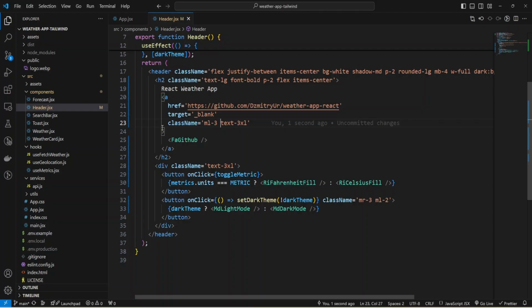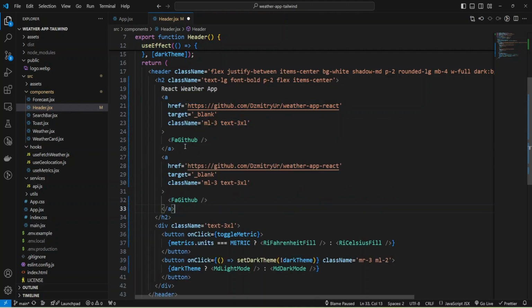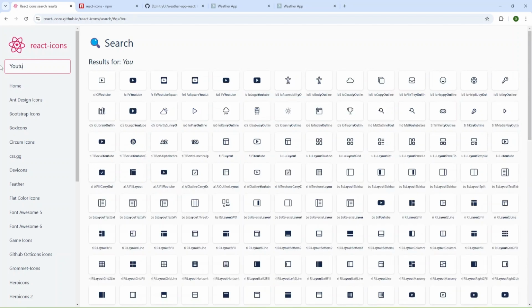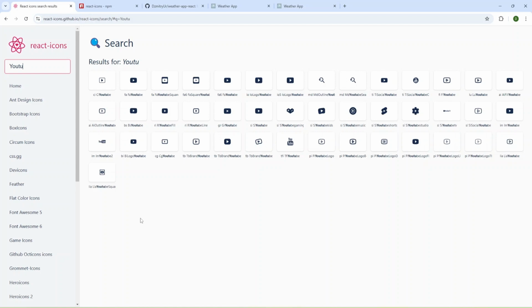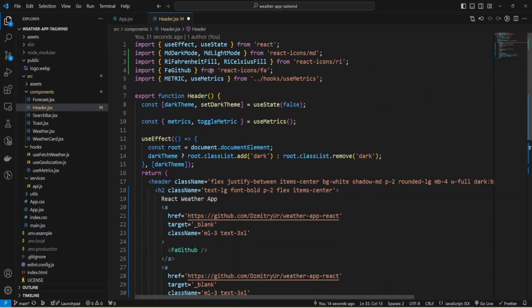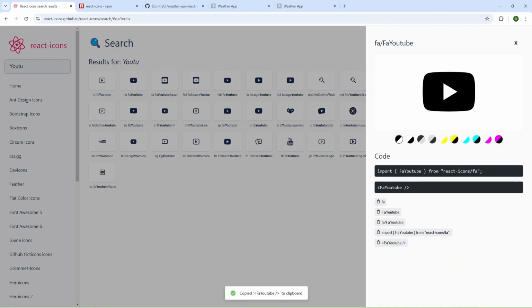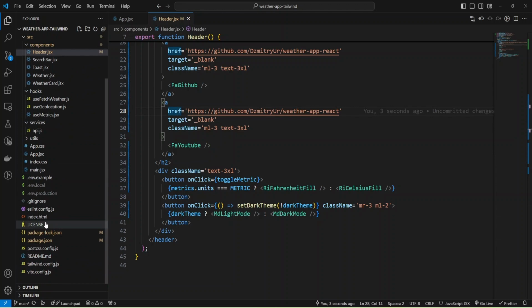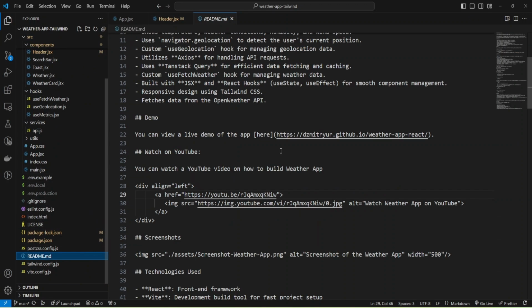Okay, looks good so far, and now I'm going to copy and paste this link and provide a link to my YouTube video, and let me search for the YouTube icon, and I'll also use this Font Awesome YouTube icon and provide it here, and inside of my a tag I'll use the icon, and I need to change the link, and I have the link inside my readme file.